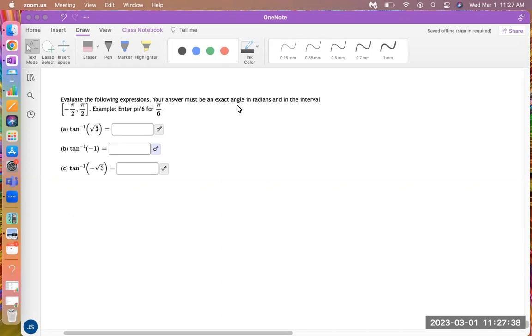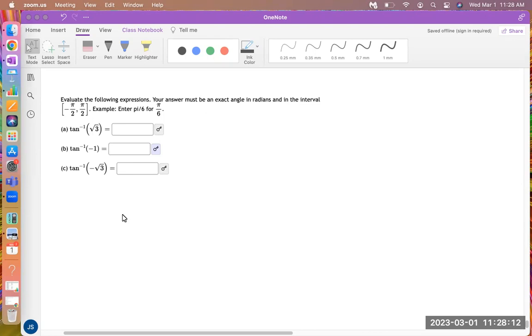So I think the easiest way to do this type of problem, especially when they say your answer must be an exact angle, and they give you the tan inverse of something like square root 3, a known expression, which I'll talk about in a minute. What is a known expression? The best way to solve this problem is to have memorized, and I do have memorized,